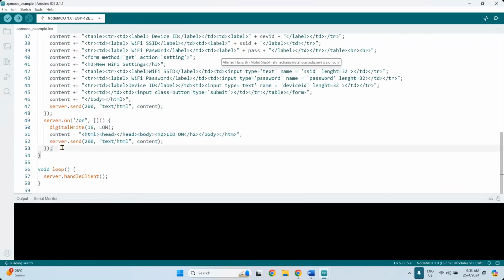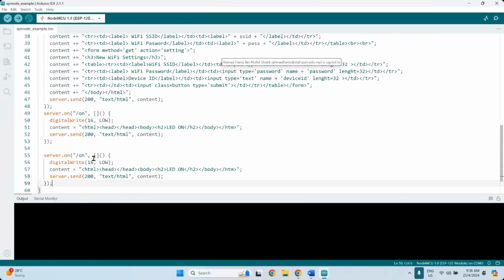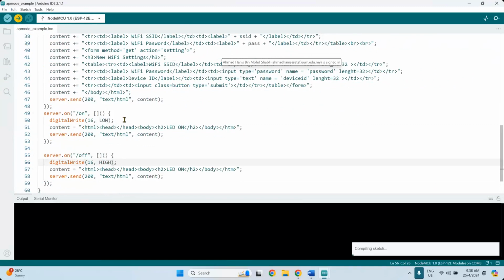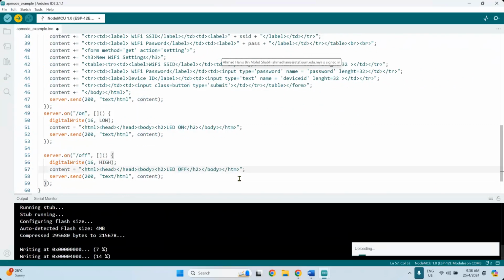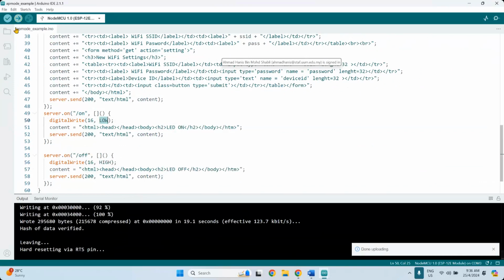And this is off. So I'm going to use a local network. So this is off, LED high, digital write. Okay, so let's try that. I just want to demonstrate being able to turn the LED on and off. So this one should be off. So set high, set low. Okay, one more time, upload.